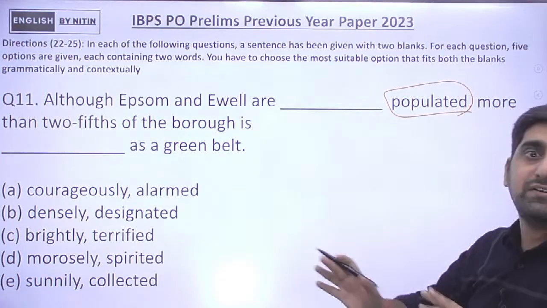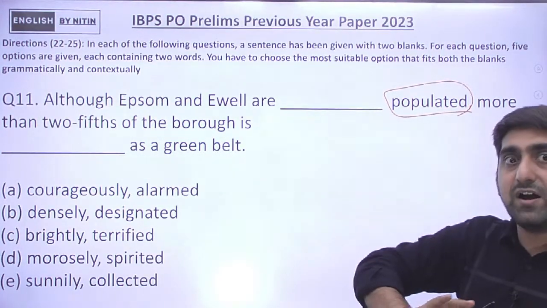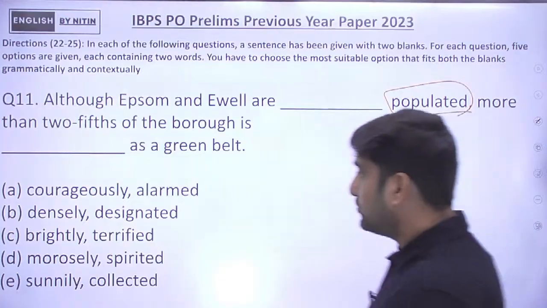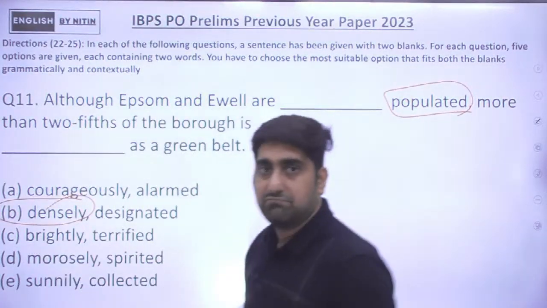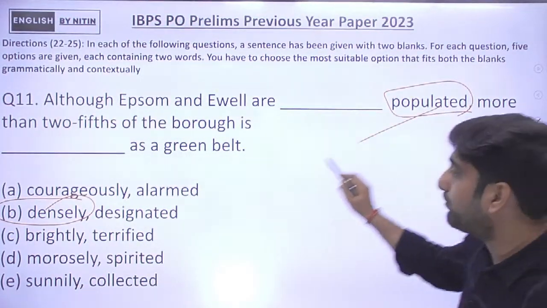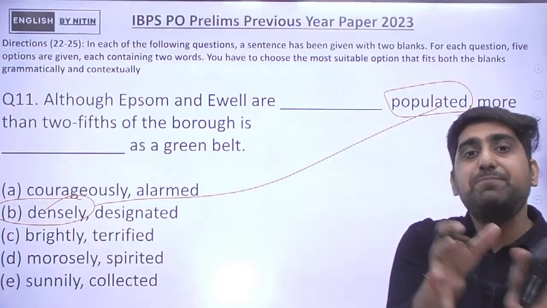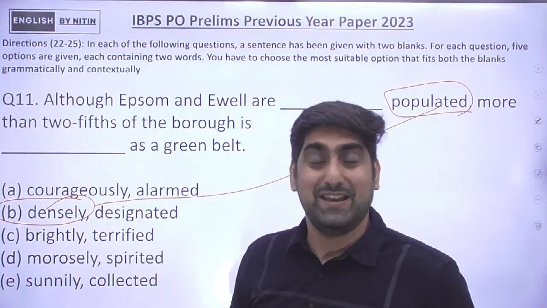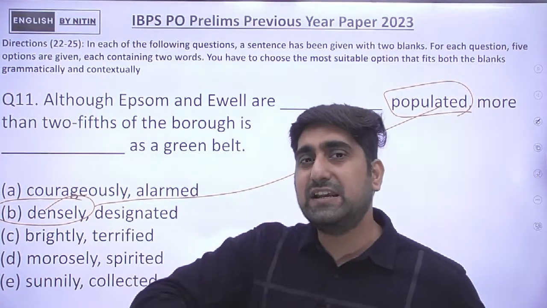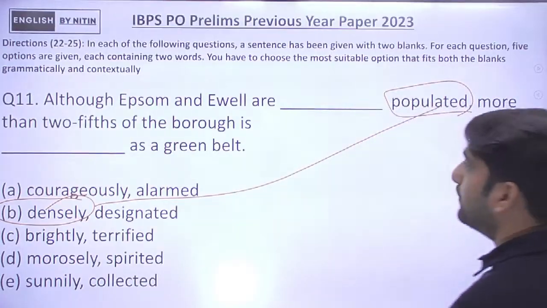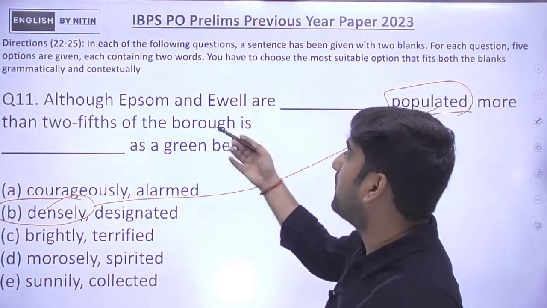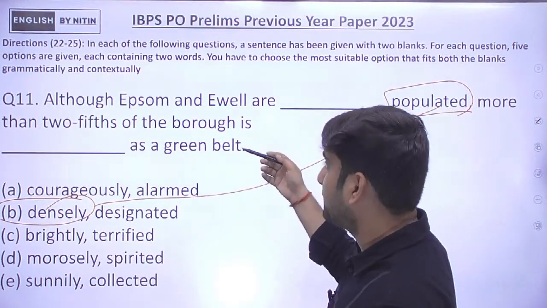The number of people residing in these places is very high. So densely goes well with population, right? Densely populated. This is the key. Densely populated. More than 2/5 of the borough is